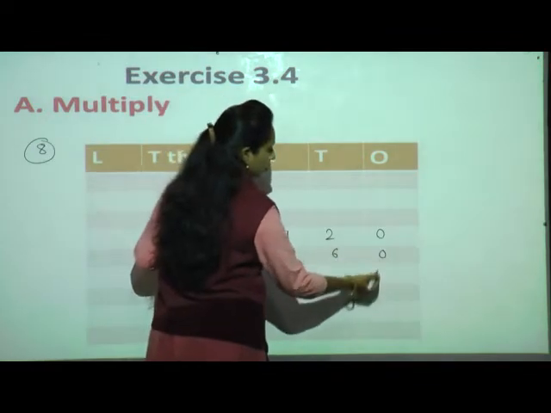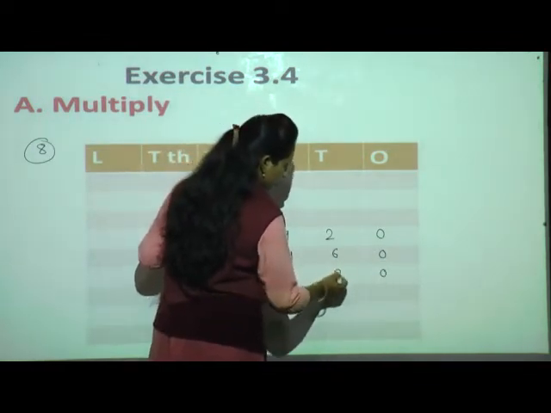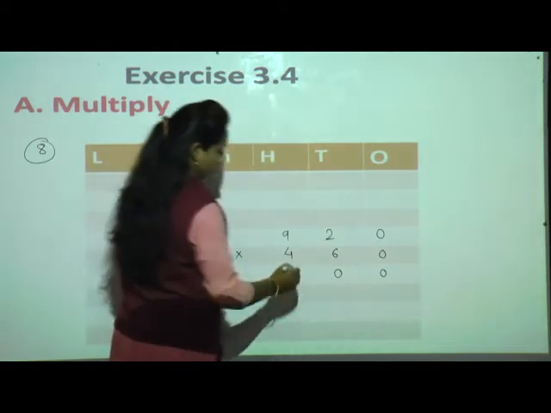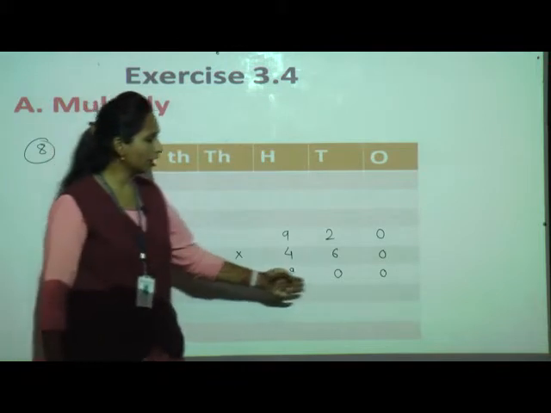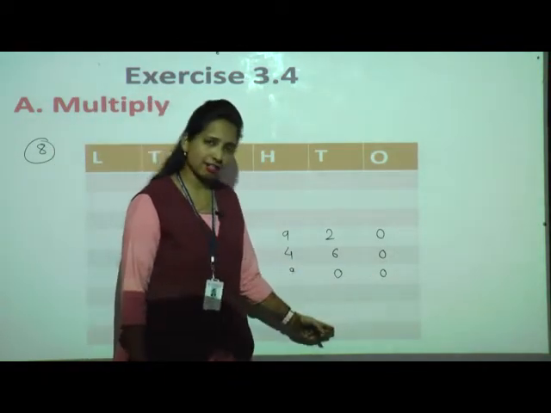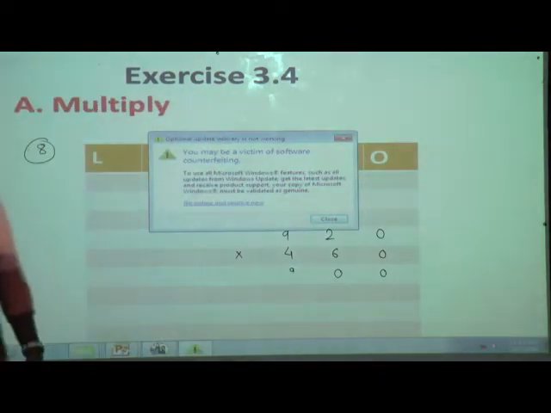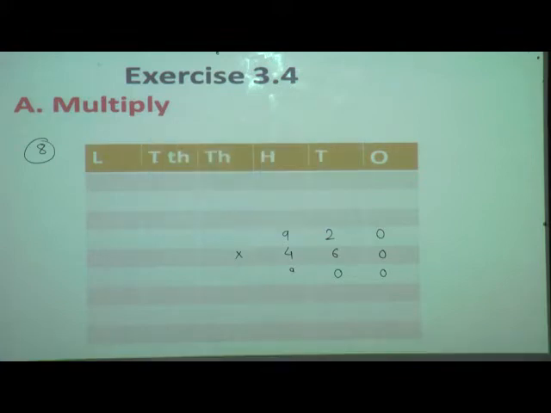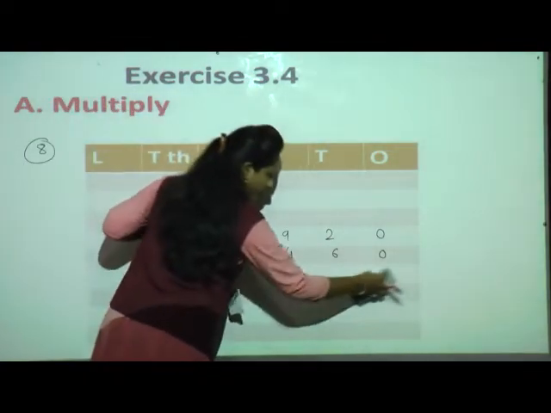How? See, 0 multiplied by 0, 0. 0 2s are 0. 0 9s are 0. Sorry, 0 only will come. See, now in all places 0 only will come. Now if we add anything to the 0, we get the same number as it is. So there is no value of 0 in this. So in this way, we can skip this step, isn't it?